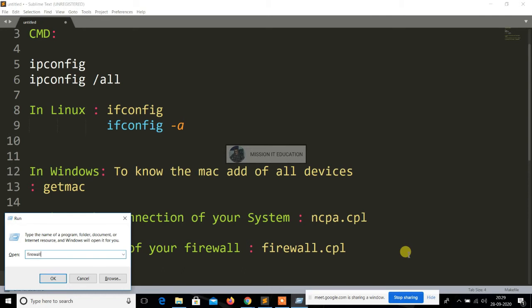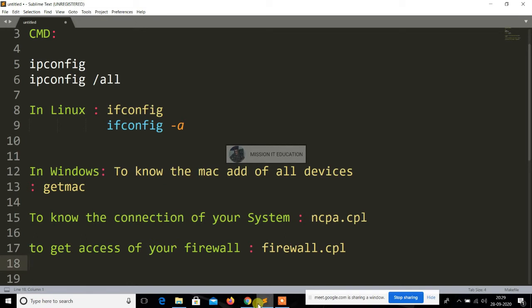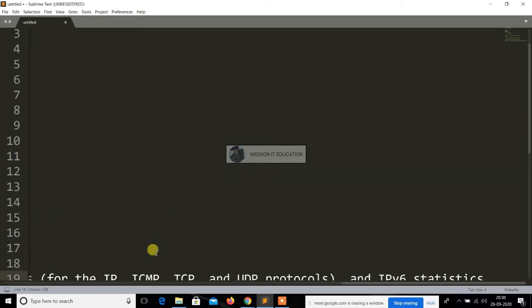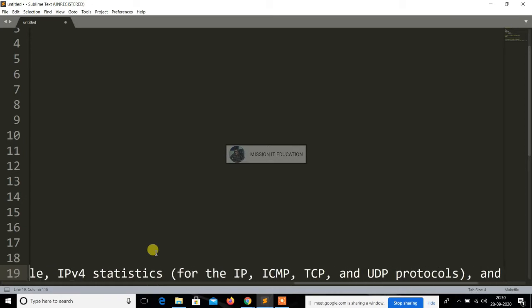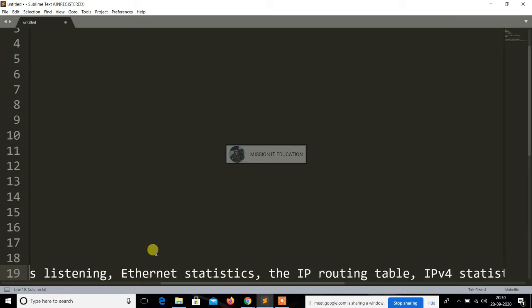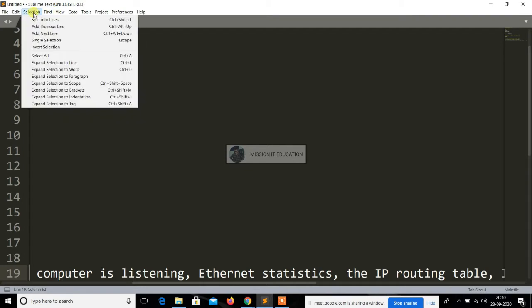It also shows you the inbound and outbound rules, which you can configure according to your usage so that hackers can't access your system, and so that you can block a particular hacker or unauthorized users. So firewall.cpl is basically used for configuring or accessing the firewall. That is very useful to know.